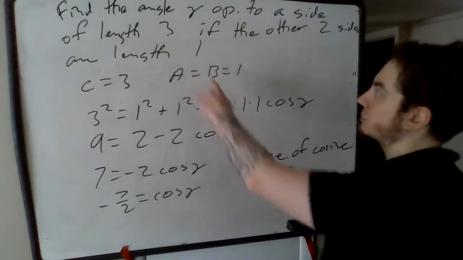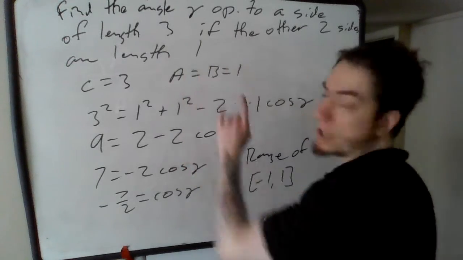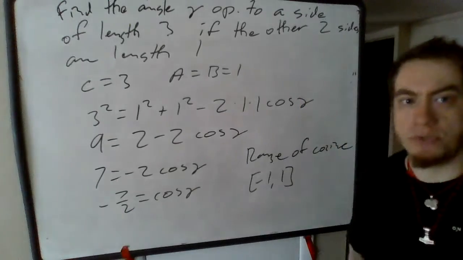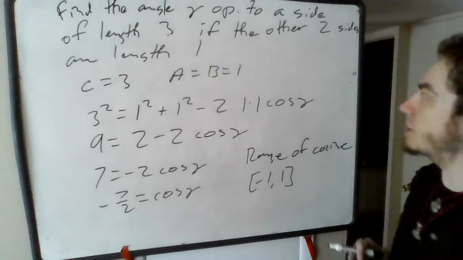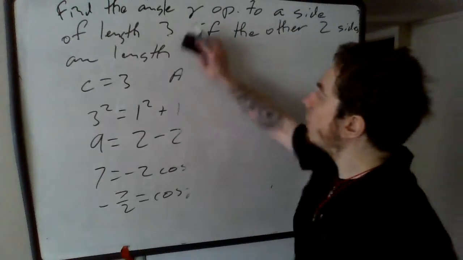So what you see here is we've got a side of length 3. The others are length 1. 1 plus 1 is 2. 3 is bigger than 2. So that is impossible. In order to understand kind of why the triangle inequality holds,